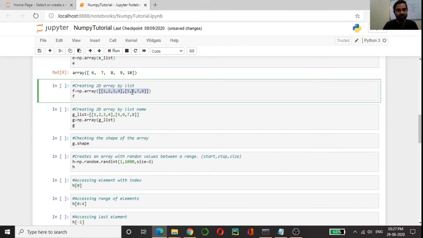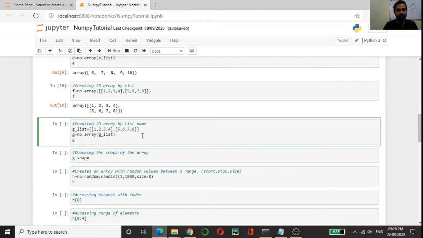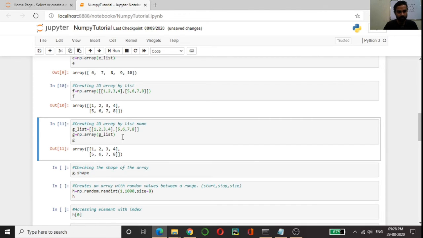So this list we are just passing in the np.array method, and it will create a 2D array for you. You can see it. In a similar way, we can create a 2D array by just passing the list name here. So in jlist we have given two lists here, and then the same value we are passing in np.array. So this will give me a 2D array.